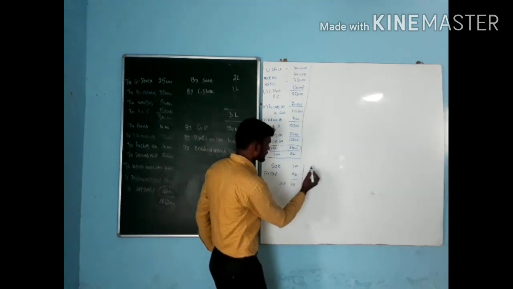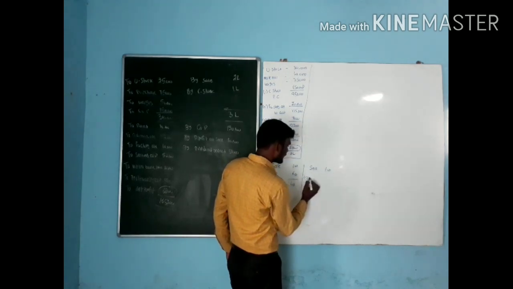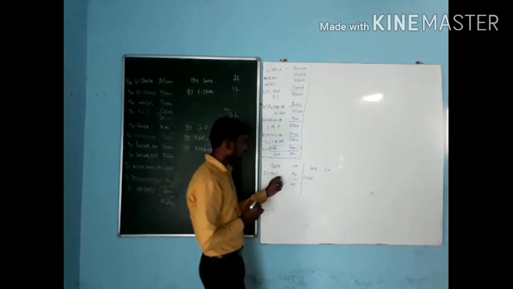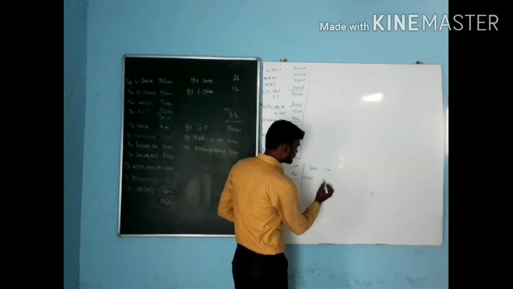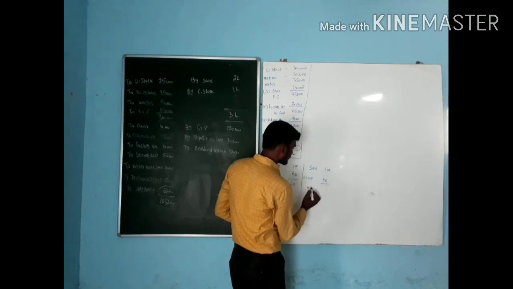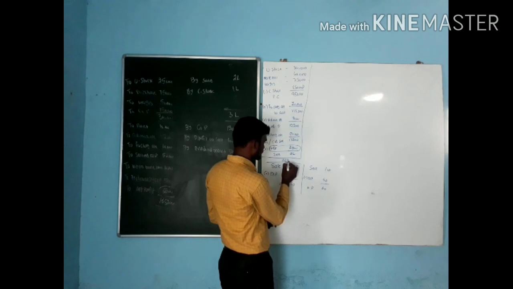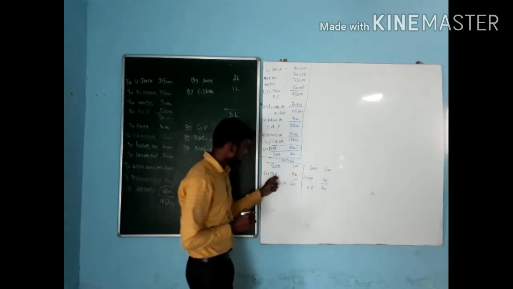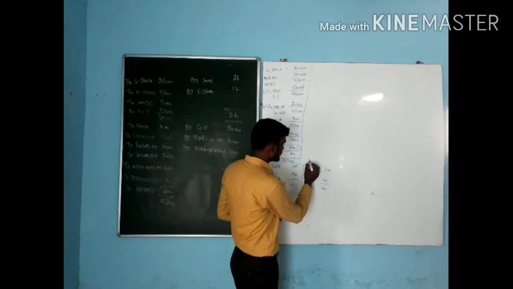Second situation, sale 100. What are my expenses? Actual expense is 60 rupees. But in books of account, I recorded only 40 rupees. So what is my net profit? Net profit is 60. This is actual. Actual expense is 60 rupees, but in my books of account I recorded only 40 rupees.